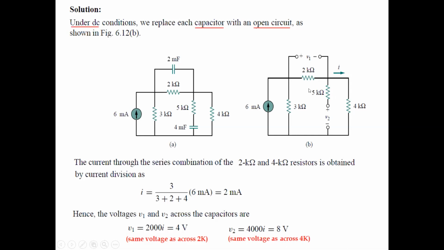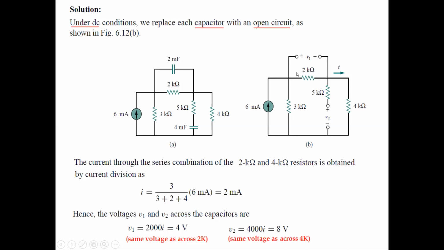So these three resistors, the 6 milliampere current source will divide its current between two branches. One branch will consist of a 2 kilo ohm resistor in series with a 4 kilo ohm resistor, and the other branch will be the 3 kilo ohm resistor branch. So you can say that the 2 kilo ohm resistor plus the 4 kilo ohm resistor are in parallel with the 3 kilo ohm. Hence, we can use the current division rule to find the current through this 2 kilo ohm resistor, because